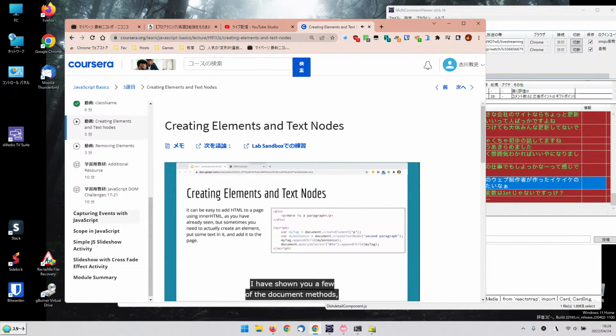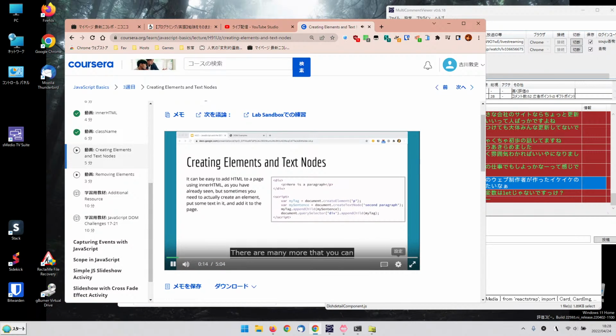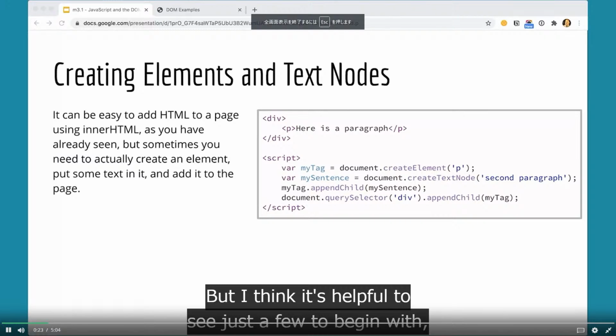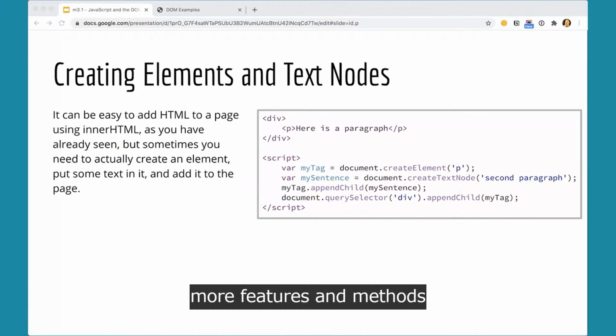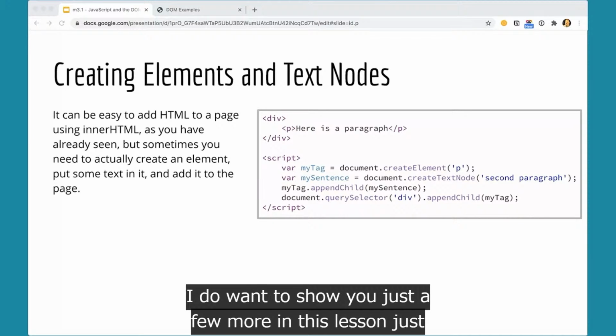I've shown you a few of the document methods, the element methods, and the element properties in this lesson. And there are lots more. There are many, many more that you can use to do all kinds of interesting things to your pages. But I think it's helpful to see just a few to begin with, to see how those work and to experiment with those in a limited way, and then add more features and methods and all of that stuff as you go along. I do want to show you just a few more in this lesson,